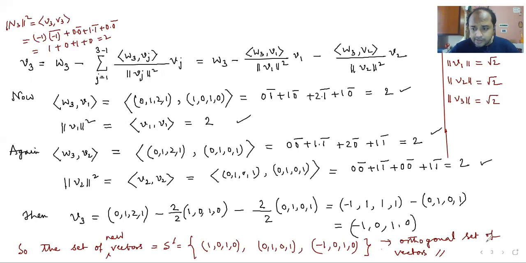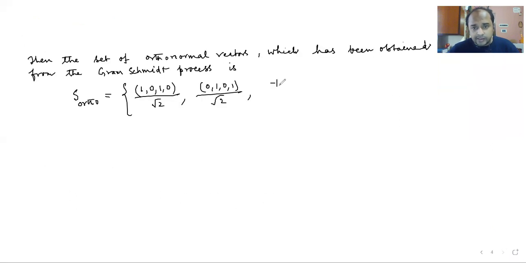Minus 1 0 1 0, so minus 1 0 1 0 divided by root 2,